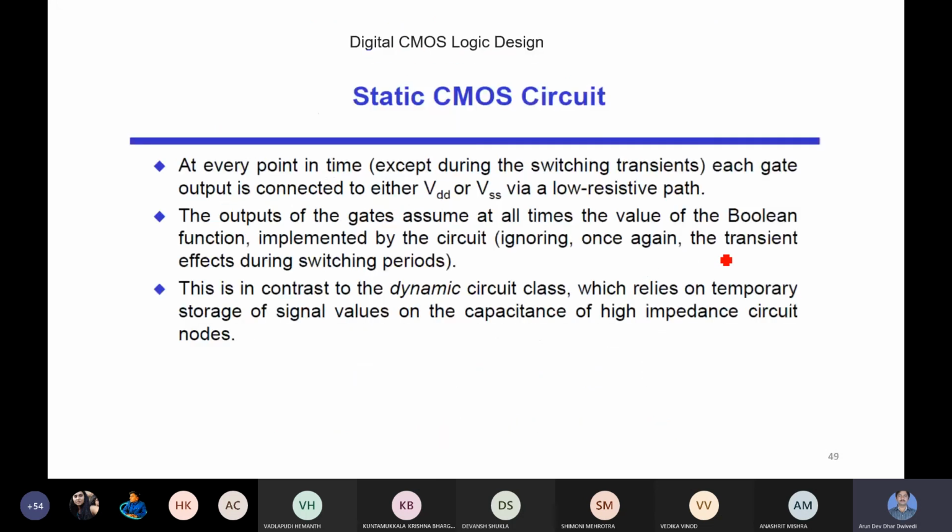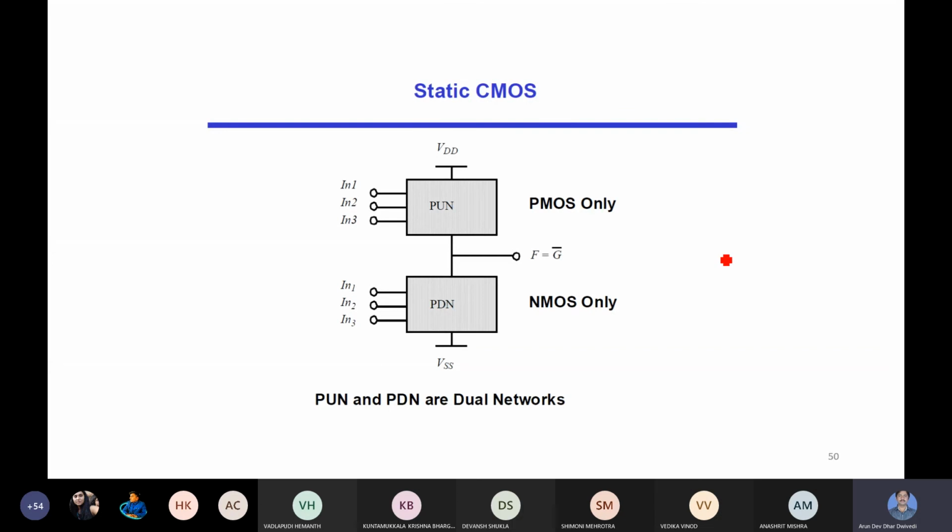So next we want to design static CMOS circuits. Static CMOS logic circuits will be designed, that will be discussed in the next lecture. I have taken 5 minutes extra, but anyway, let me just give a brief overview of how static CMOS circuits are designed and what will be done.